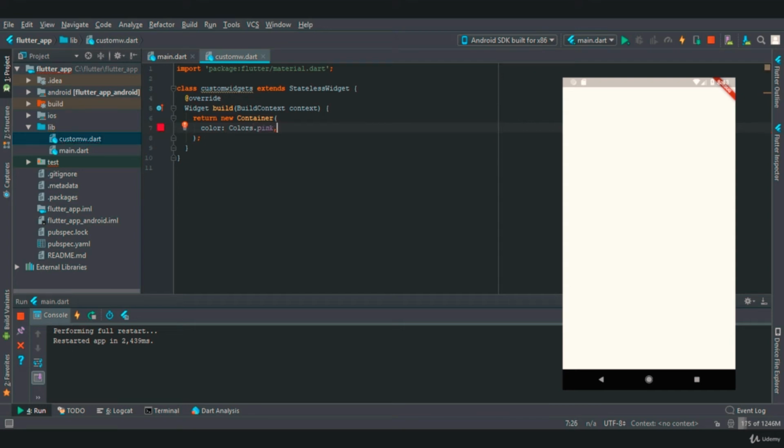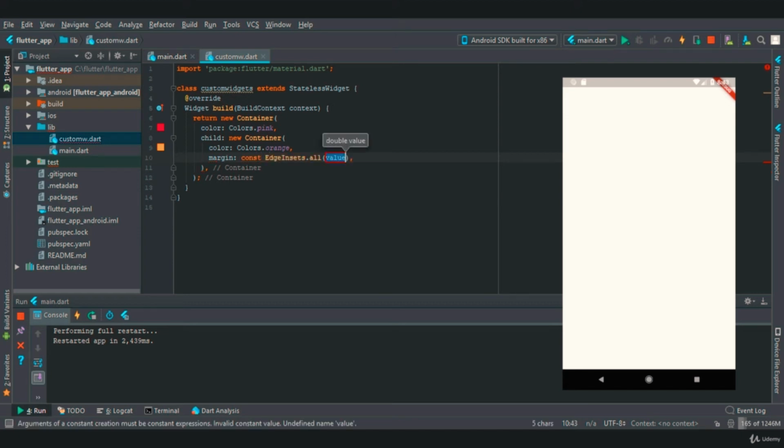Now we will create a second container, and let's provide color for the second container as orange, and in this container we are going to provide a margin, EdgeInsets.all, and we are going to provide a margin of 50.